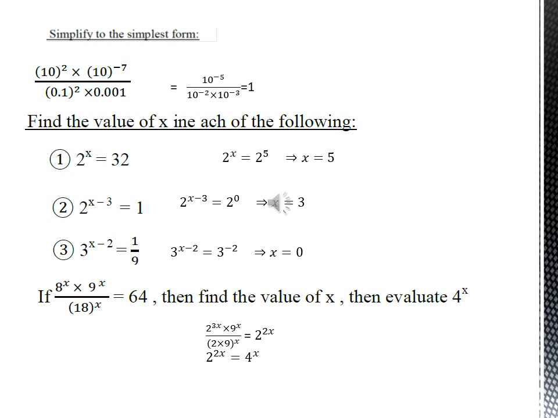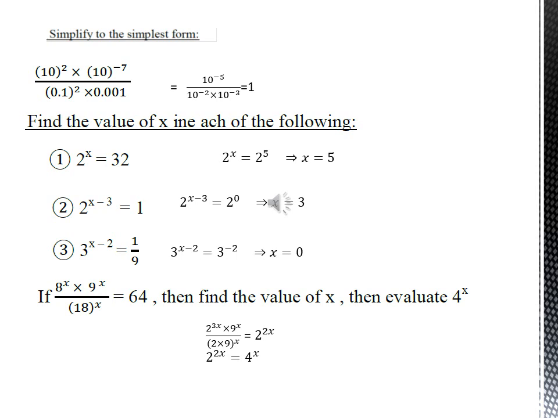Same, 3 power x minus 2 equals 1 over 9, we will make 1 over 9 as 3 to the power negative 2. And we have here the bases the same, 3. Then we will take the powers: x minus 2 equals negative 2, and we will calculate, and after that x equals 0. The last question, if we have 8 power x times 9 power x over 18 power x